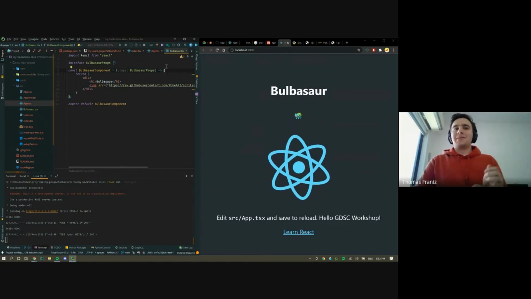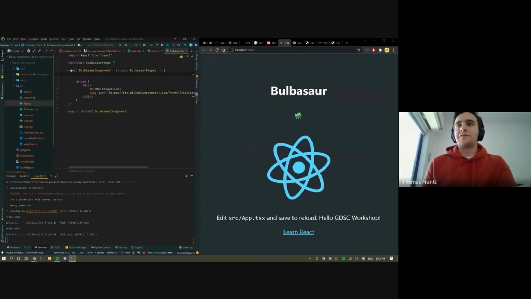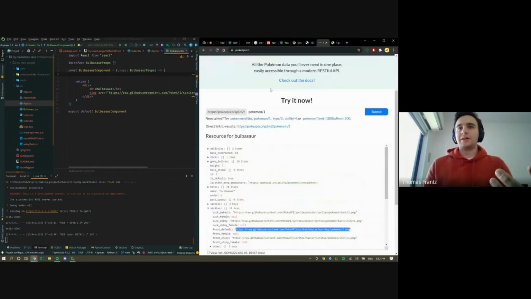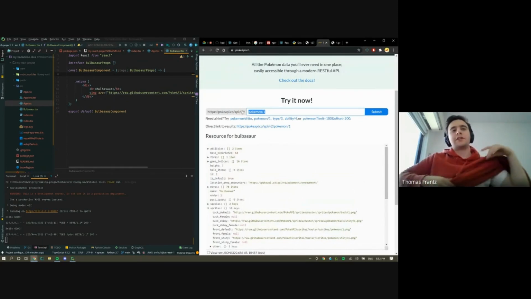Yeah, maybe you want to make it a bit more dynamic. And the way to do this, if we want to actually consume this API right here, is we'd have to use basically a fetch, which is a way for React